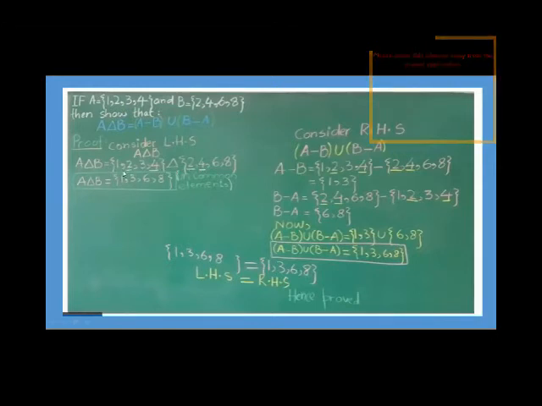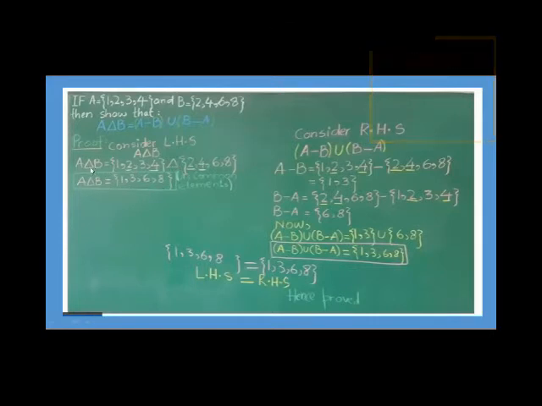Here I have underlined the common elements. 2 and 4 are common in both sets. So we neglect them, and then we see what the uncommon elements of both sets are. In set A, 1 and 3 are uncommon, so we have noted them. In set B, 6 and 8 are uncommon, so we have noted them. Now we write the uncommon elements in a sequence. In this way, we have 1, 3, 6, 8, which are the uncommon elements of both sets.